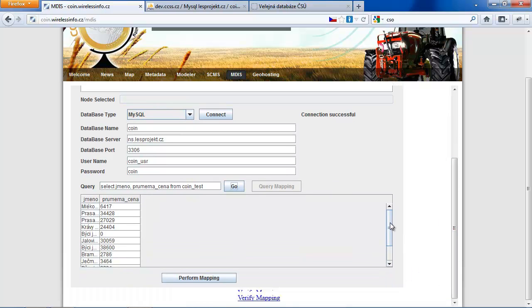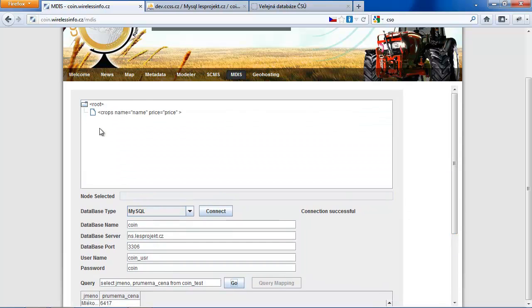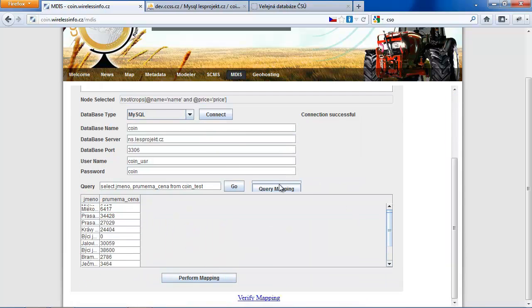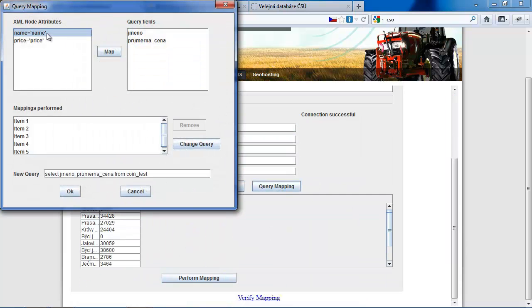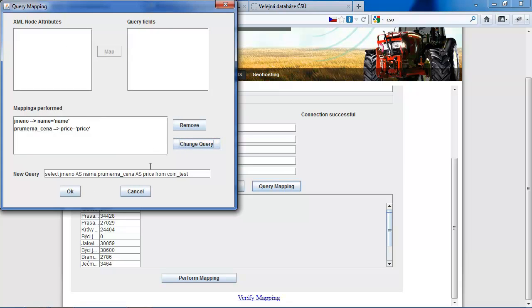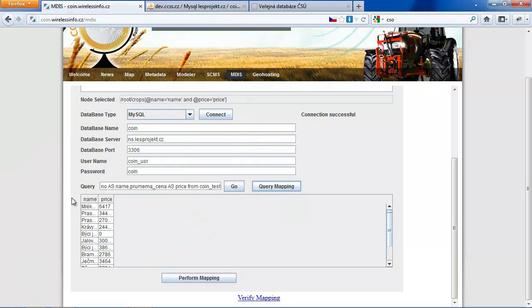After execution of query, data are displayed in table. And now we need only select a node on which we will perform mapping. After mapping, we need to hit change query.